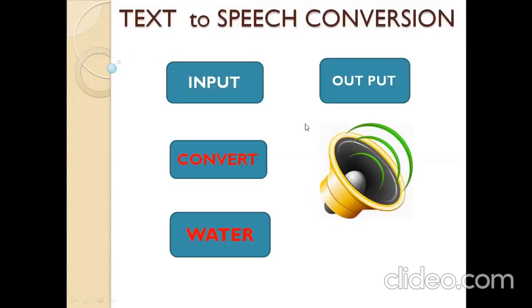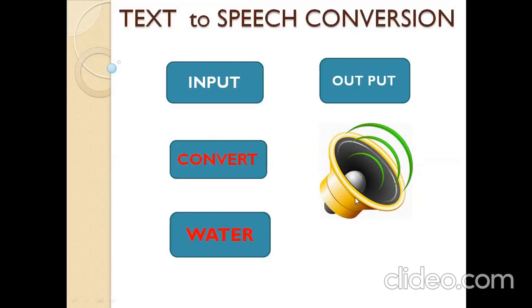Two examples. First one is text to speech conversion. Second one is LED and motor control. First we can see about text to speech conversion. This mobile app is used for dumb people to express their needs to other people. There are two blocks, input and output. Output, there is a speaker available. Input, there is a text box and a button available. If you need water, type water in the text box and click the button. So the text is converted into speech.